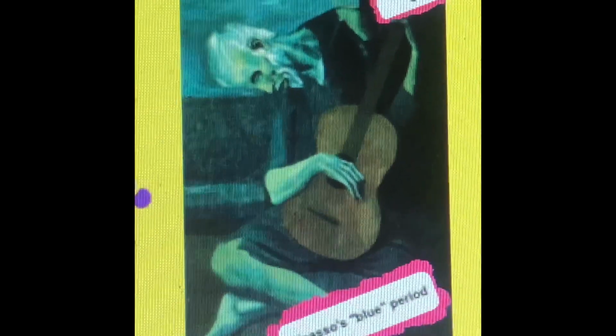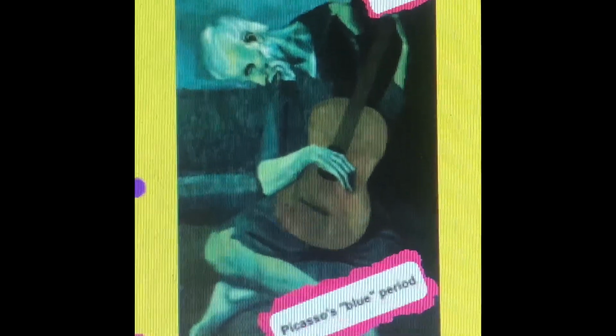And you can see the expression on the man's face. He doesn't look like he's feeling very happy. So artwork can express a mood or a feeling or an emotion, and that's what Picasso was trying to convey in this painting. So he went through a period of time where he was feeling really down, but then after